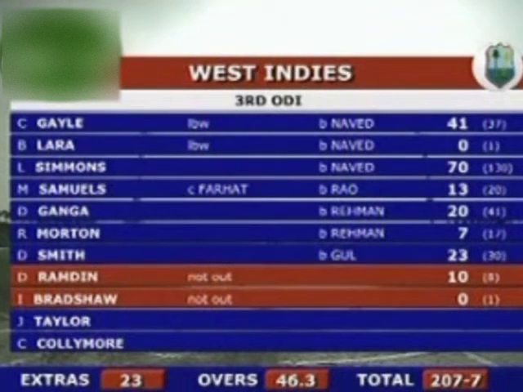So one of the games ended up being a rainout, and Pakistan went on to win this series 3-1. This series took place after a 3-test match series with West Indies, which Pakistan won 2-0. So a successful home tour for Pakistan, who ended up winning both the test and one-day series.